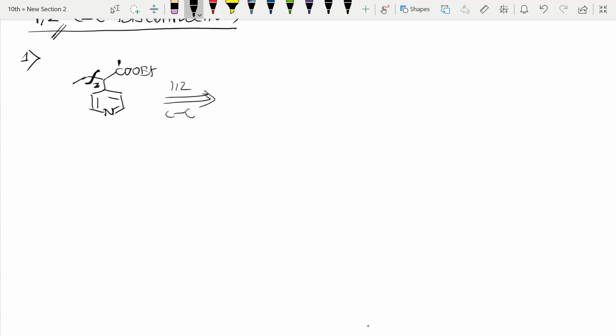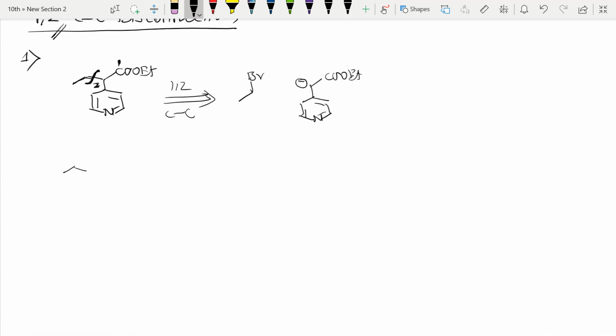Why did I do this disconnection only here? The reason is here CH3CH2Br, one good leaving group I can form, right? And one more case, see here, other things are same, CH2COOEt, here negative charge. Why did this negative charge come? We know that. See here, these compounds are there.